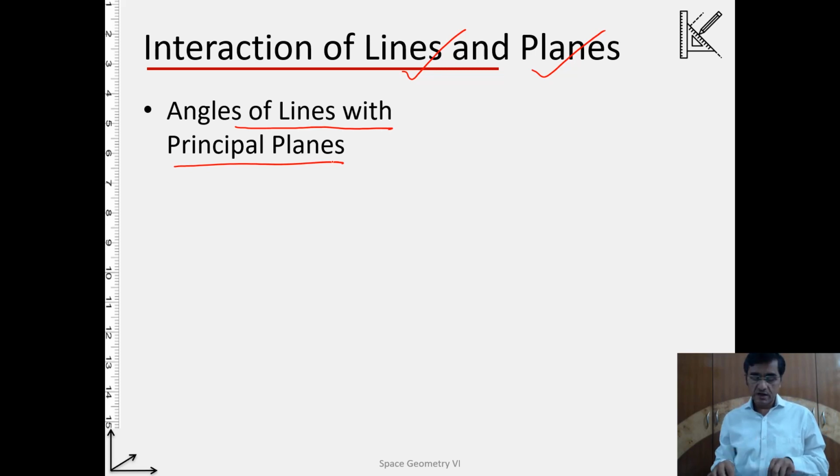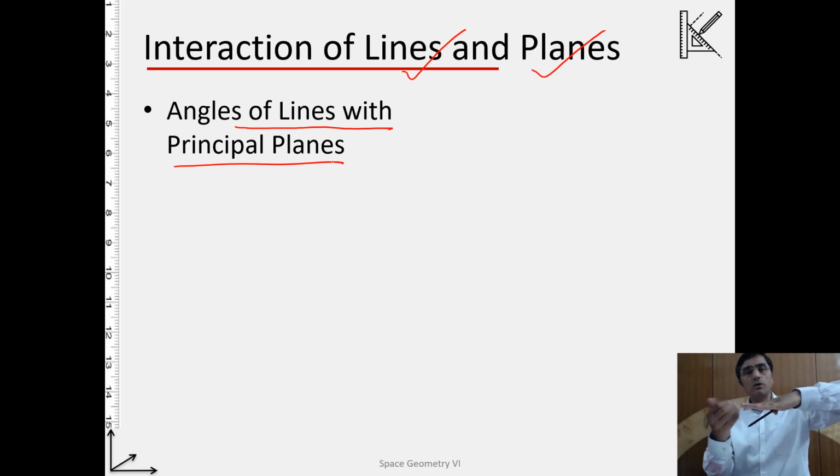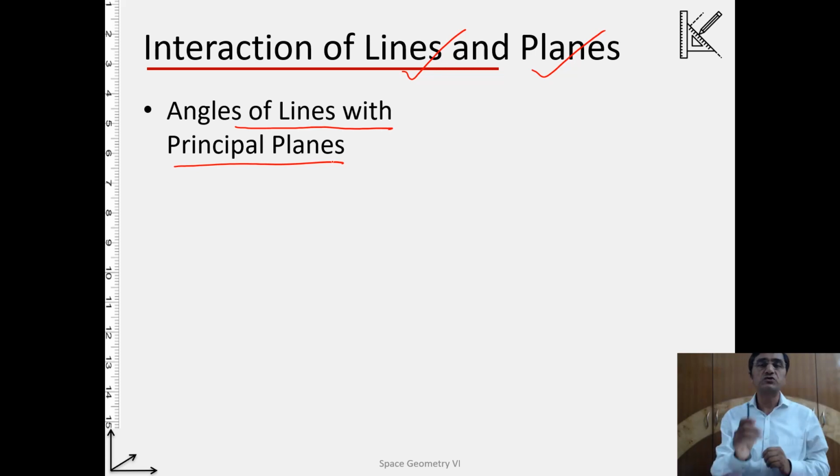The meaning of this is, if we have a line and you know the principal plane, for example, the principal plane is a horizontal plane, and we have got a line. Now, what is the angle formed by the line with respect to the principal plane? We want to determine that angle. Alright, so we'll see the method of this, and we'll make use of the same concept, that if I can see this line as normal view, and also if I can see the plane as the edge view, then the angle between these two will be the angle.